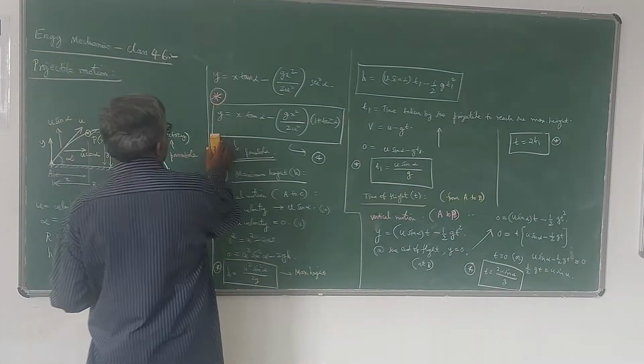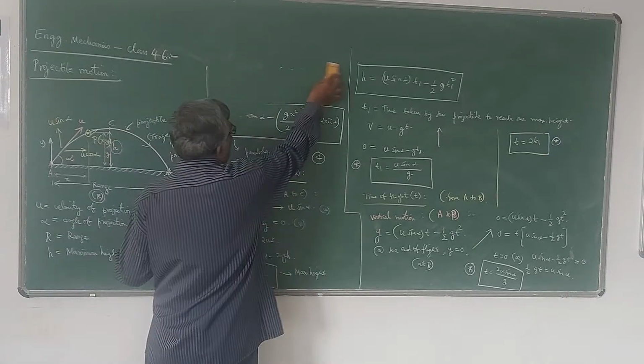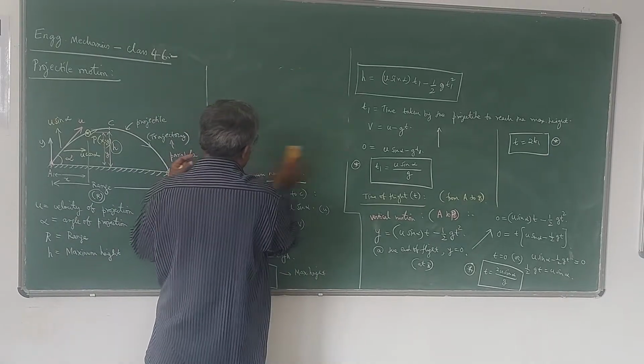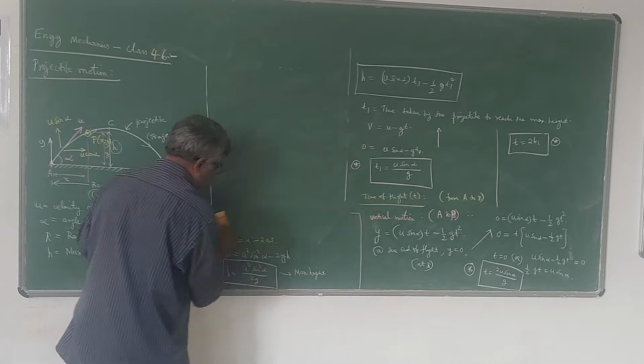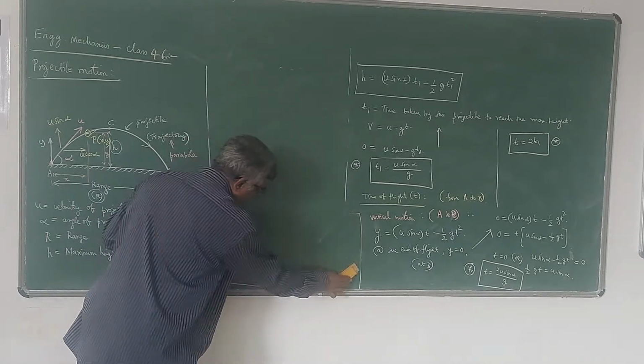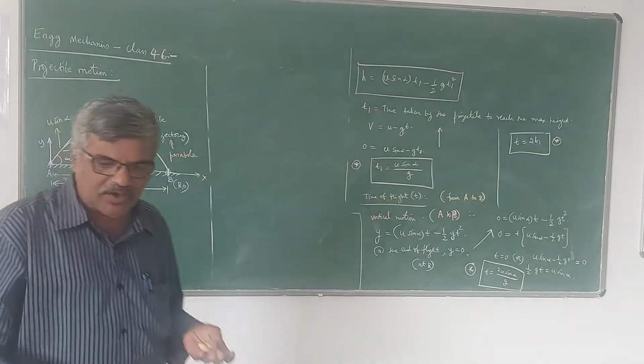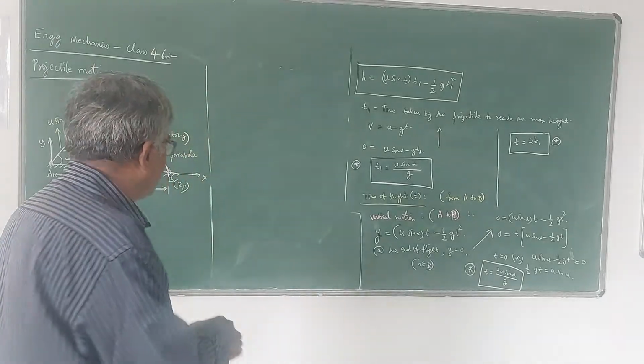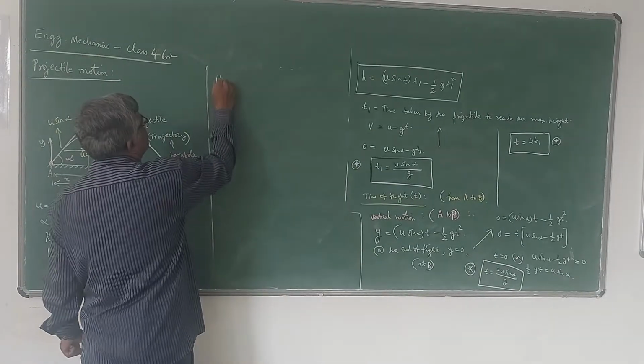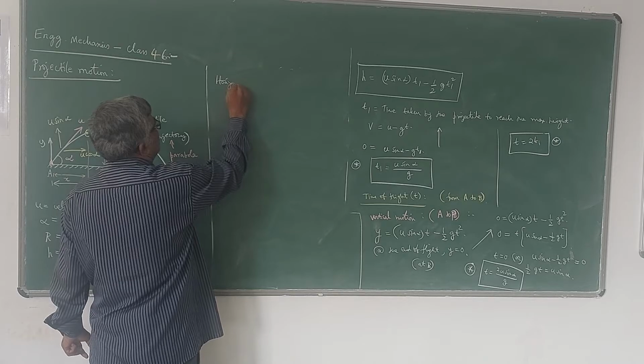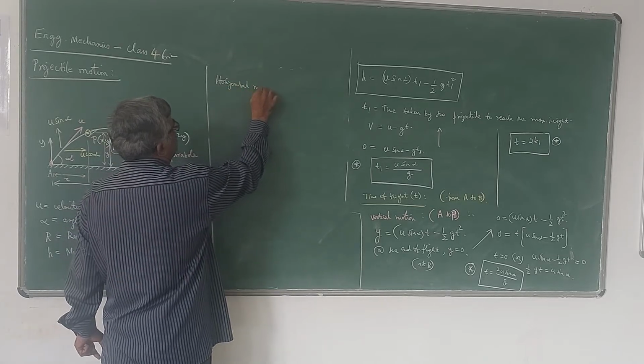Now you can always calculate the horizontal range, or simply the range, using the horizontal motion. Initially itself I have given you the equation of horizontal motion of the projectile. So if you consider the horizontal motion of the projectile,